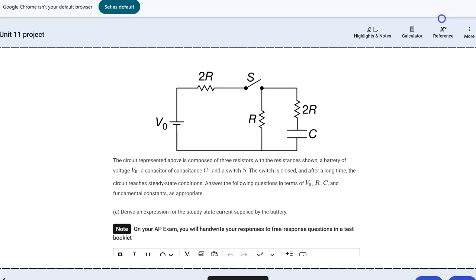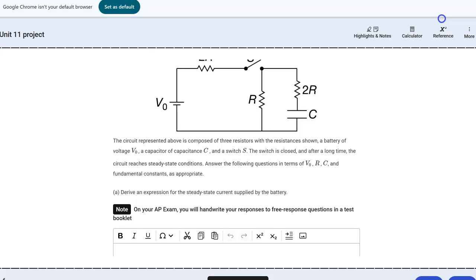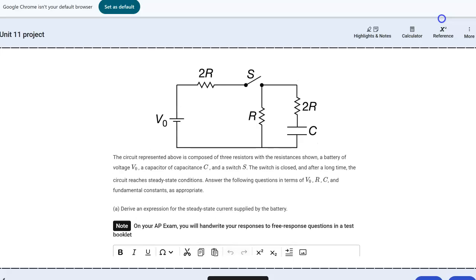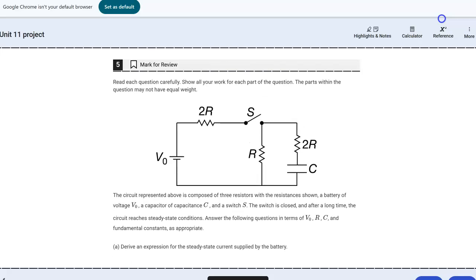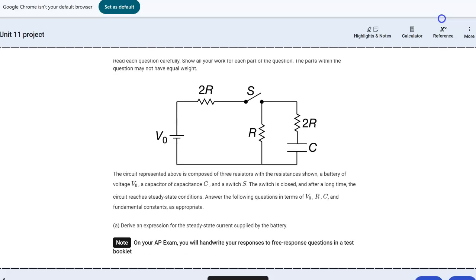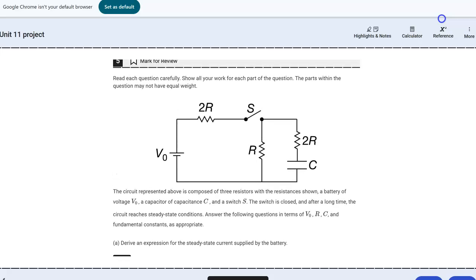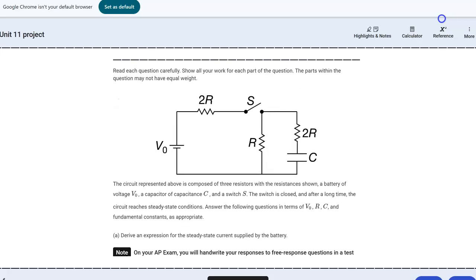The voltage across the bottom 2R, so the voltage across the capacitor, will be